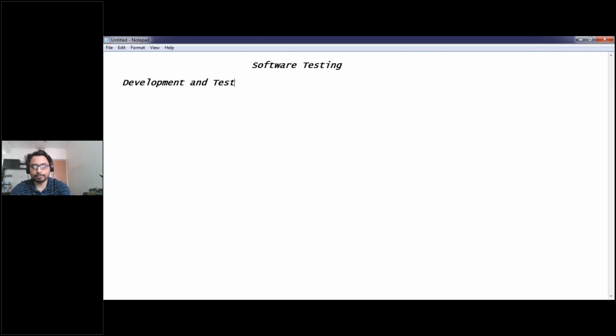So how development and testing is happening in the IT industry. There is a cycle which I already covered in yesterday's class, but I am giving you a brief introduction about that. That is SDLC, the software development life cycle. Basically, it is an approach to develop and test the application.